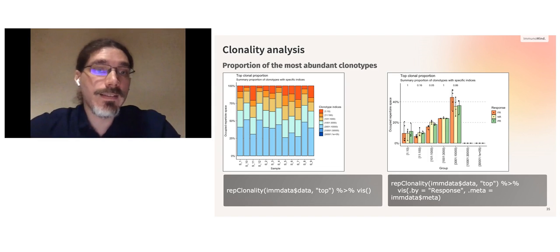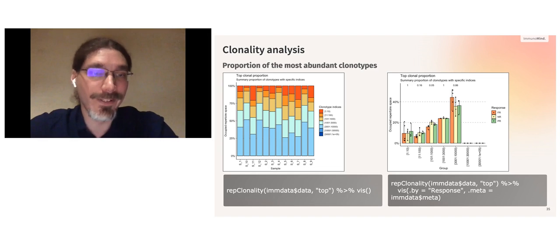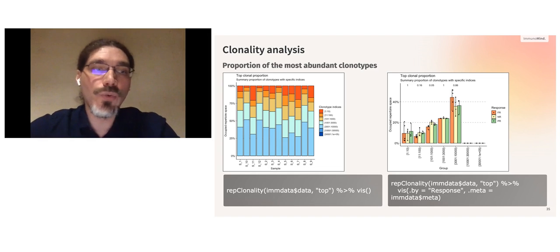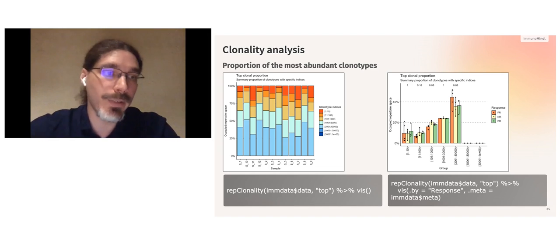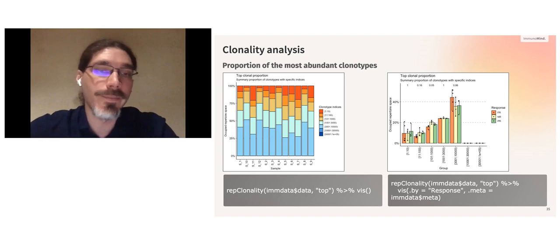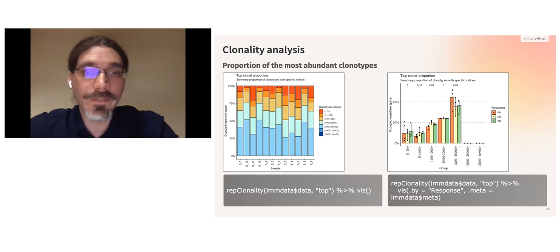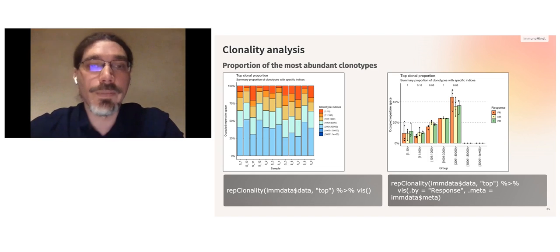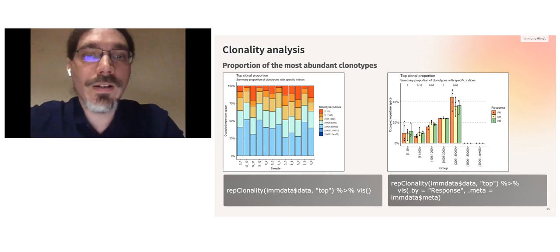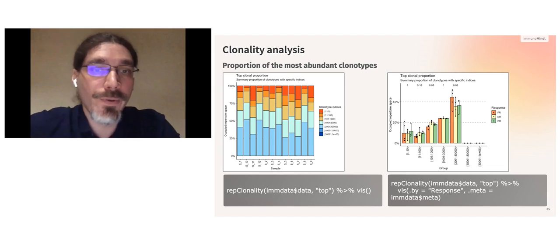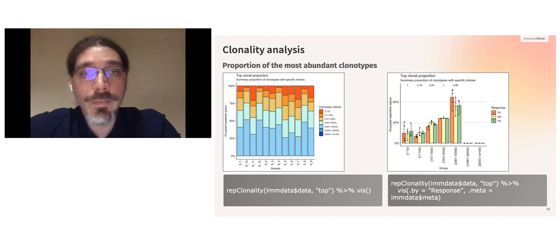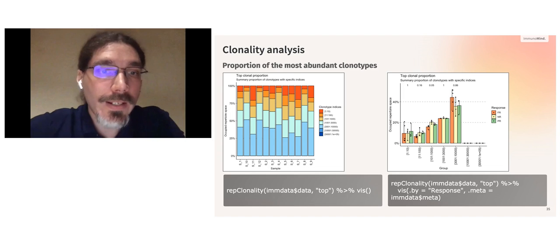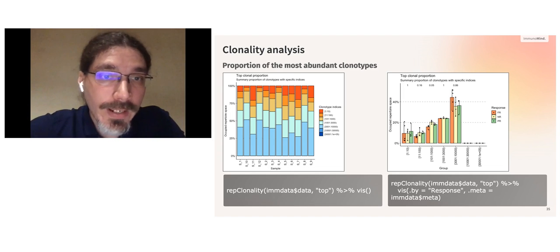again, Immunarch provides the grouping ability, and this is the function you already saw: the viz function. The function to analyze the clonality is repClonality, so just repertoire clonality. And then you just pass the result to the viz function with the very typical, for this presentation, grouping parameters. So let's group them by response: full response, no response, or partial response, using the metadata table we have. And here we don't see any